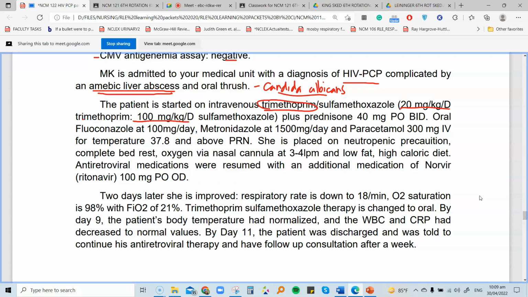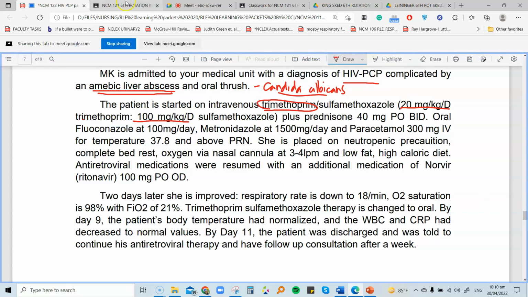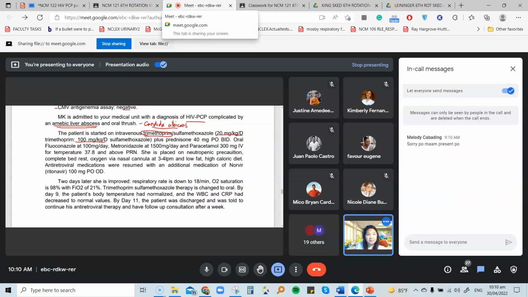Cushing's disease? Hindi kasi, if you're just going to be giving your corticosteroid for a short time, prednisone, kasi nasa hospital lang, you can never develop Cushing's disease if it's not a long-term corticosteroid therapy. Okay? Remember, ang side effect ng corticosteroid, yes? If you have corticosteroids, they are immunosuppressants.